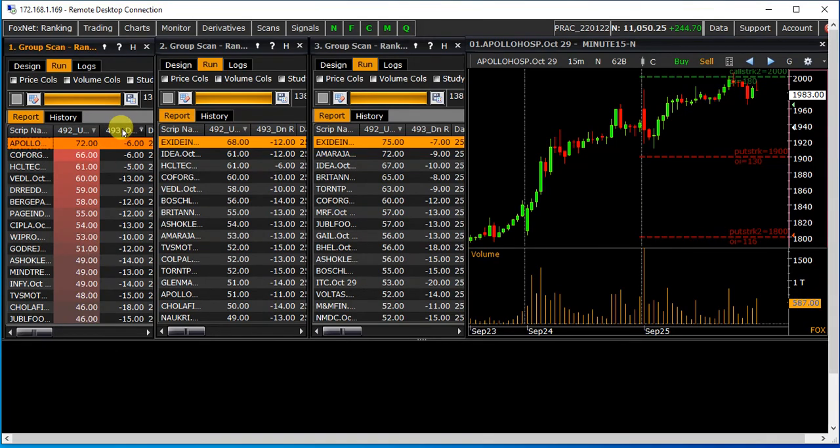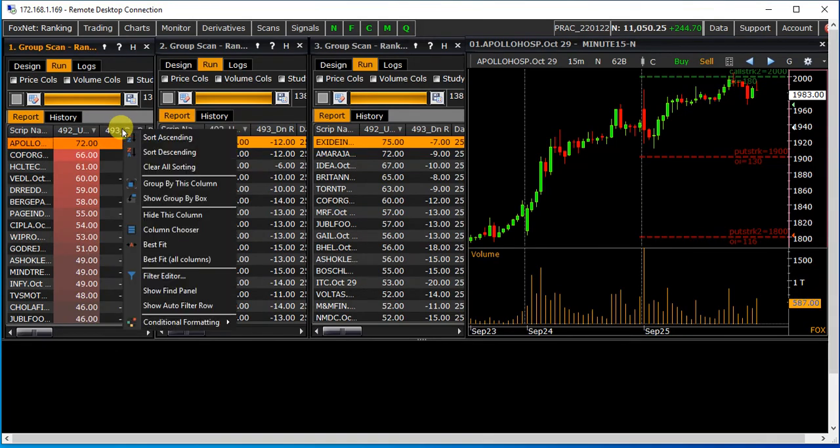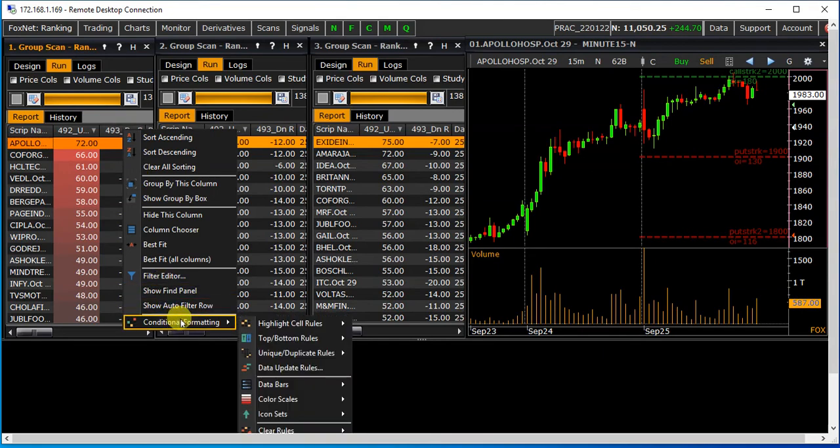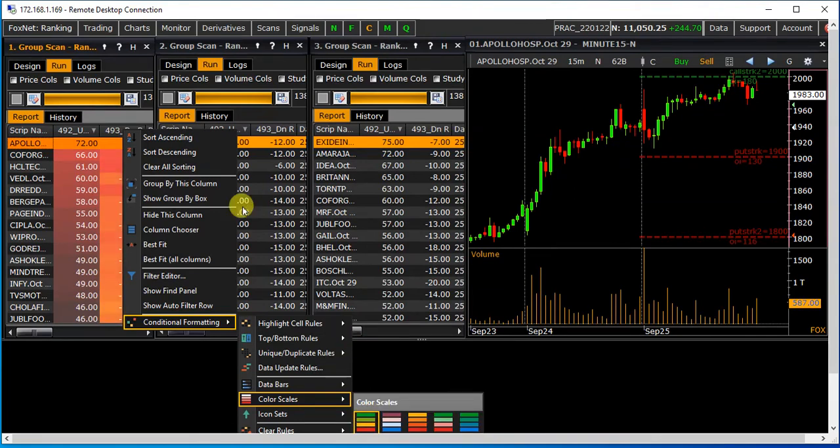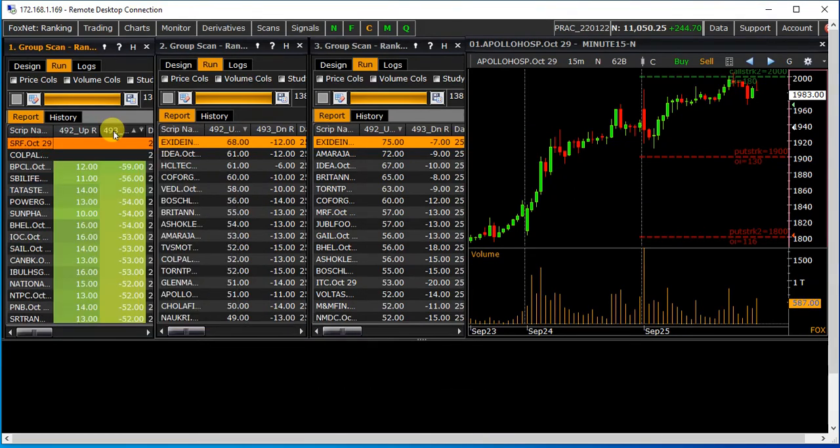Now I will right click, then conditional formatting, then color scale, and then choose the format. Suppose this one. Okay, now just arrange this. See, this is the heat map of the down rank, and this is the up rank.